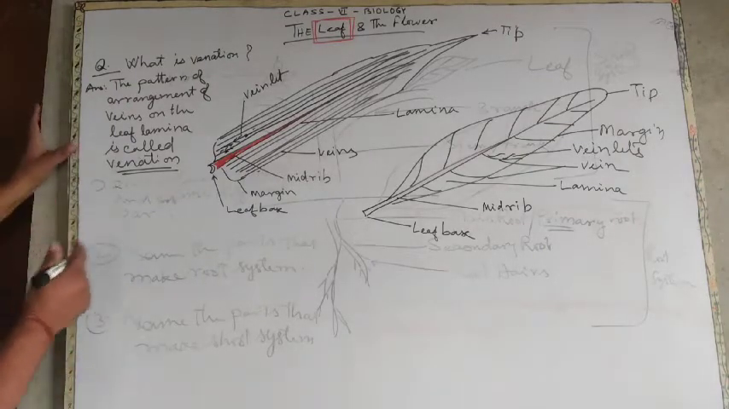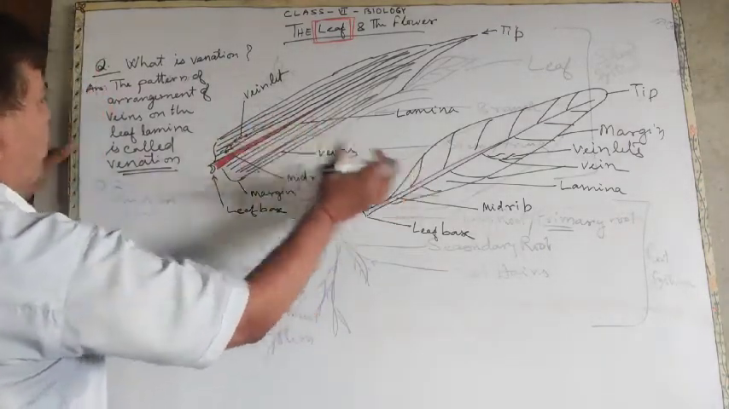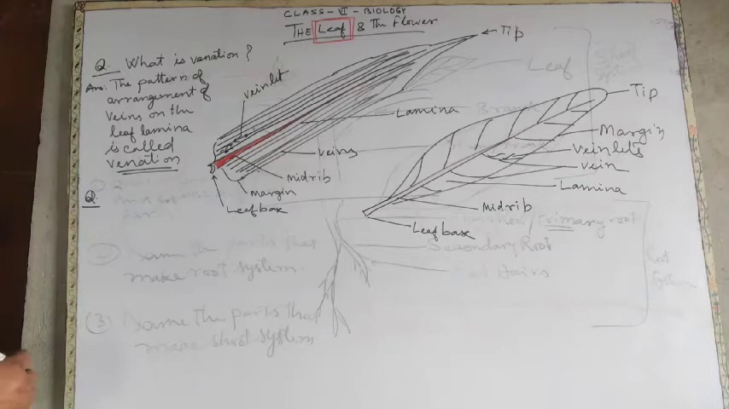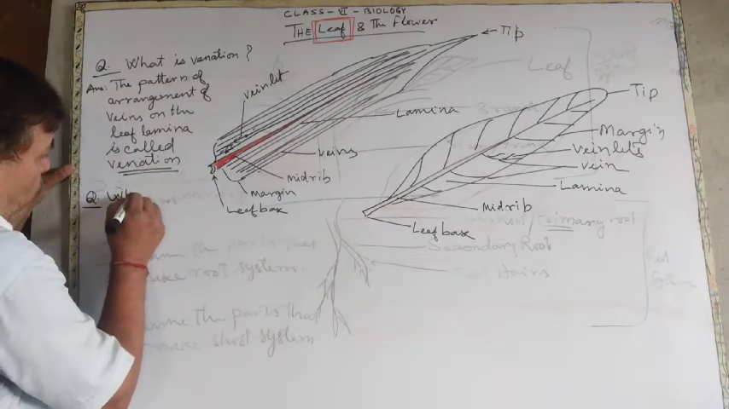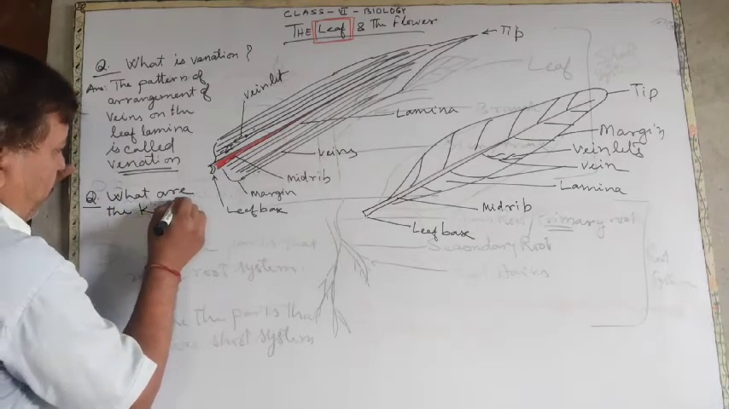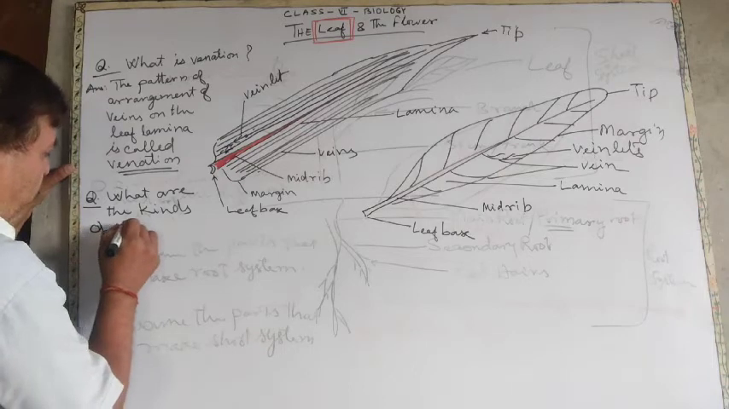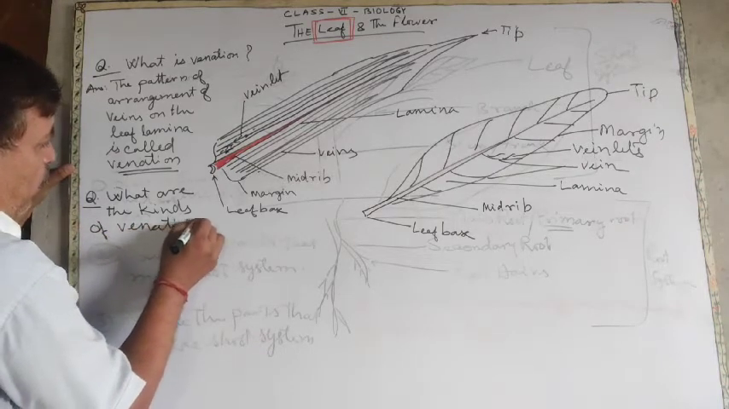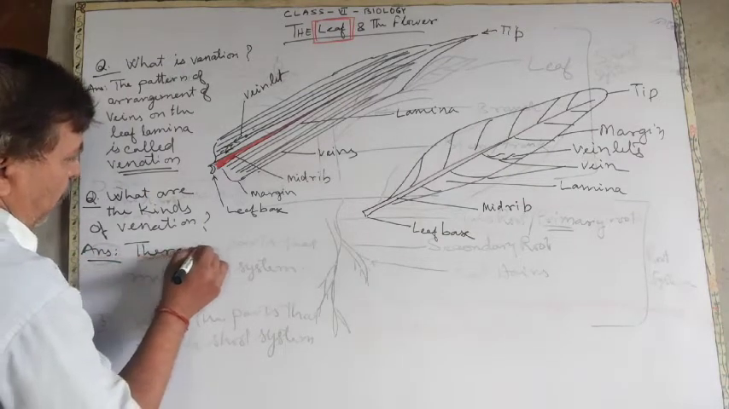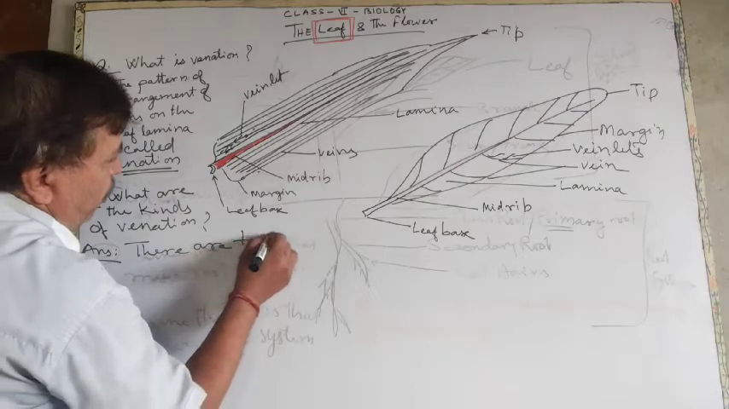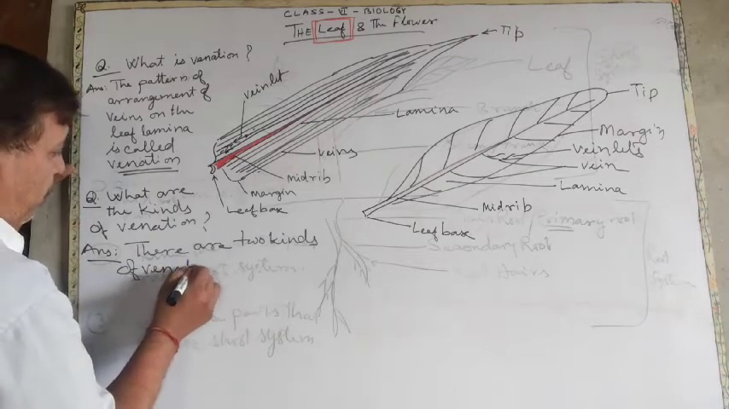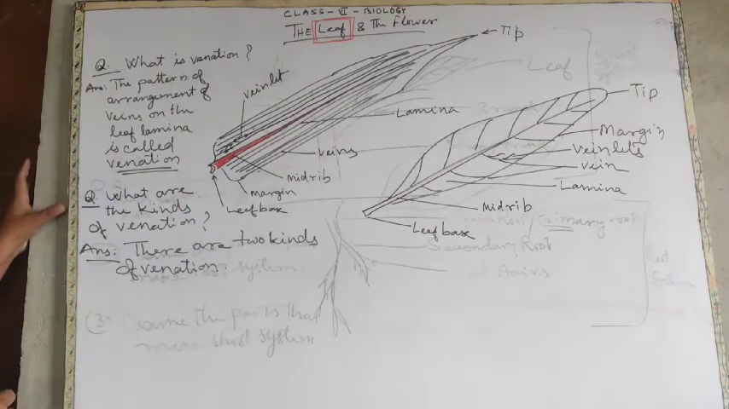So next question we have about the kinds of venation. So second question for the day is: what are the kinds of venation? What are the kinds of venation? Your answer will be, there are two kinds of venation, right? They are,